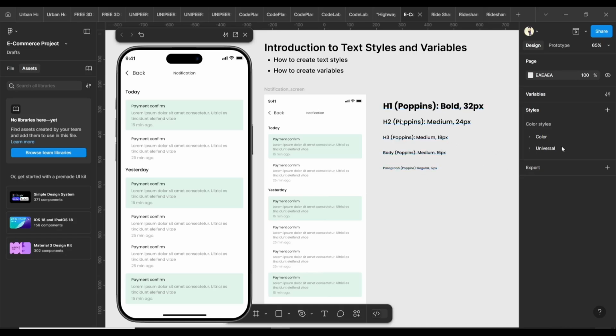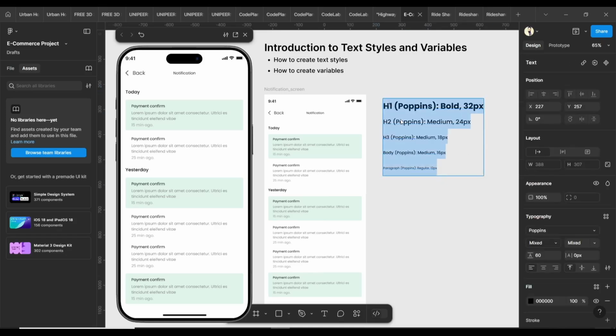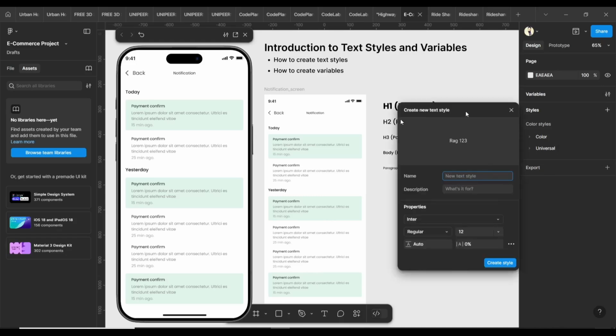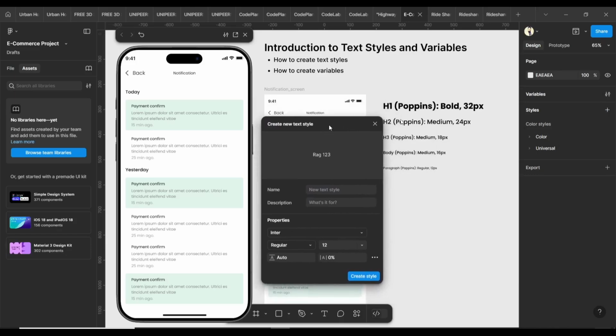We create our text styles the way we create color styles. So I'll come over to styles right here, click on that, and then select text. Maybe I should highlight this first, or I can do that without highlighting. So go over to styles and select text style. On the text, you can now come over here and set your text styles. First of all, the name of our first text style is going to be H1